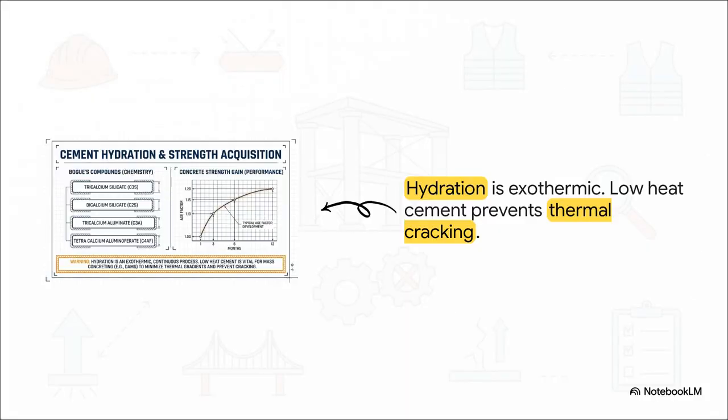People often think concrete just dries, right? But actually, scratch that. It chemically cures. It's a continuous exothermic process, meaning it generates intense heat. Managing this exothermic reaction is a massive risk mitigation step, especially for huge pours like dams or really thick foundation mats. If your team doesn't explicitly mandate low-heat cement for these massive structures, the thermal gradients will literally tear the foundation apart from the inside out before the building is even occupied.